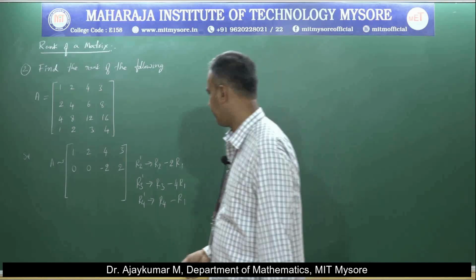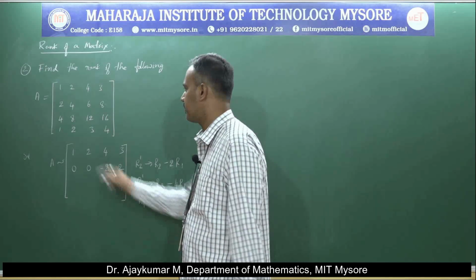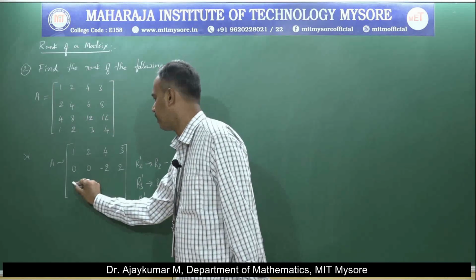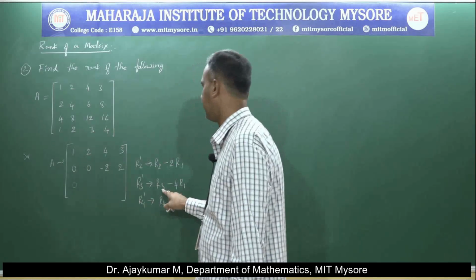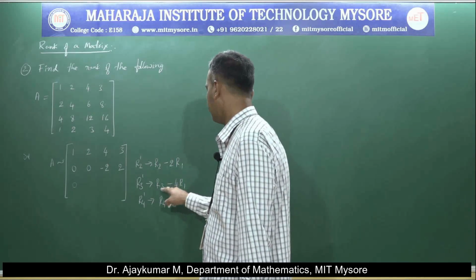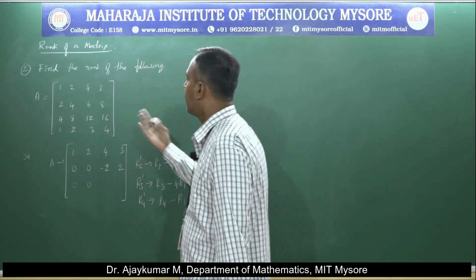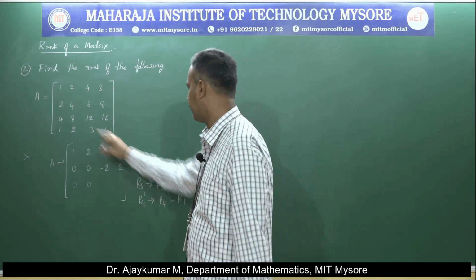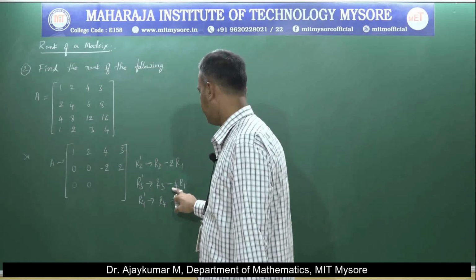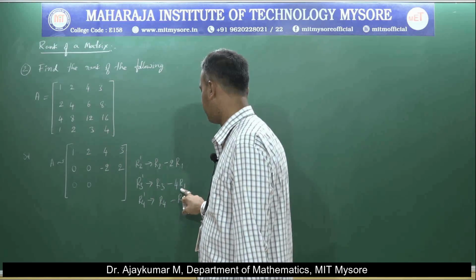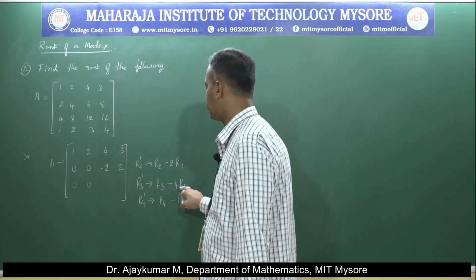Likewise, the row 3 operations. The first element is 0. The next is 8 minus 4 into 2, so 8 minus 8 is 0. Next, the R3 element 12, 12 minus